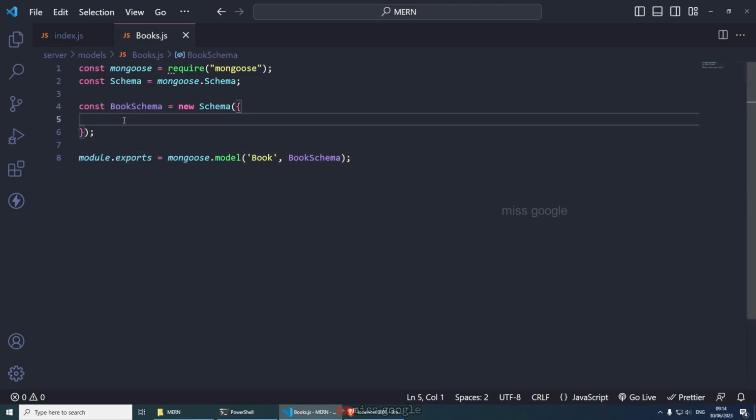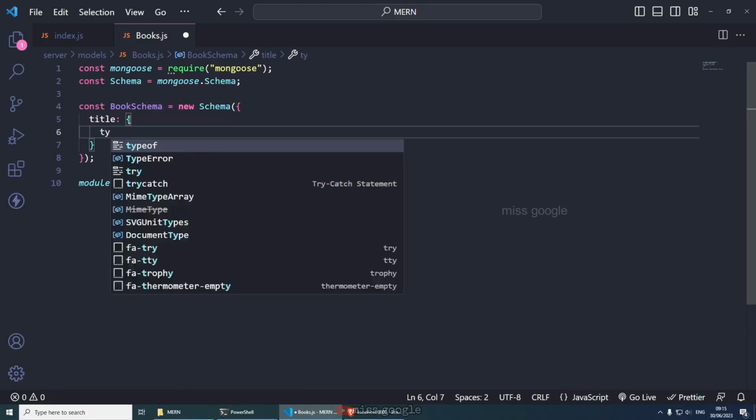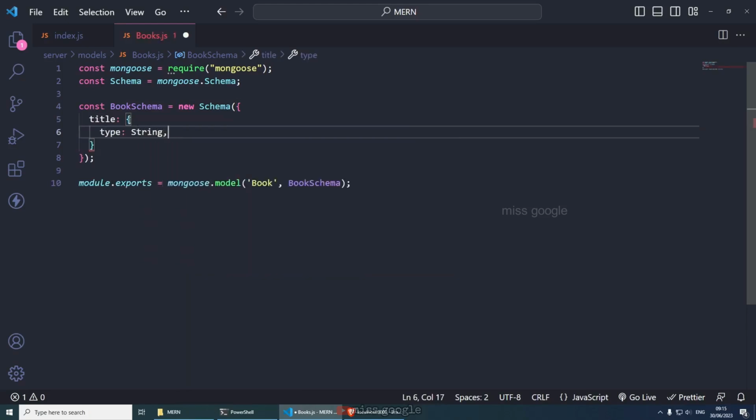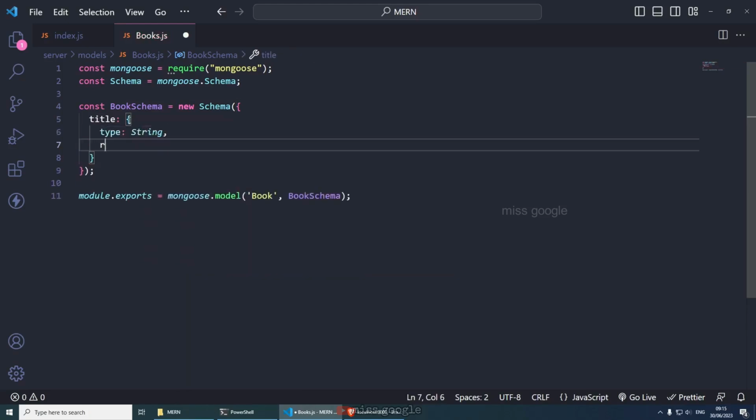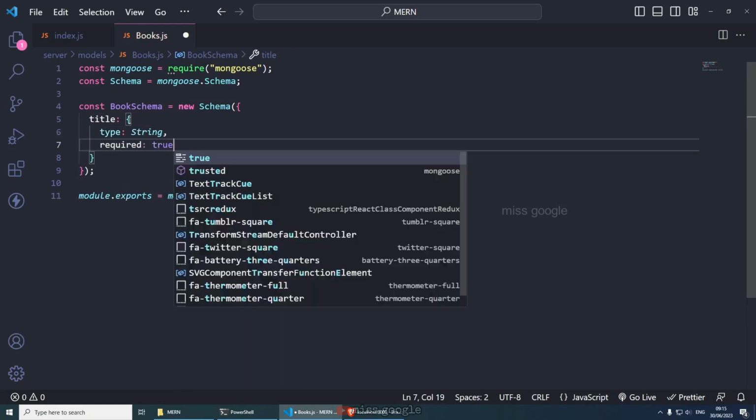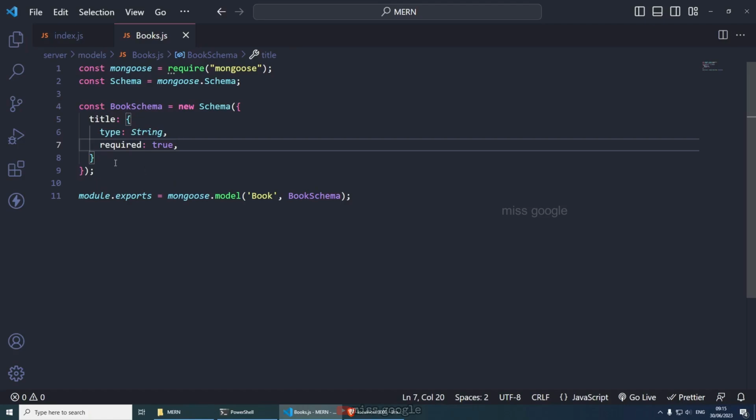Now, most of our fields will be more or less the same. So let's start with the title. The title is going to have a type of String, and it's going to be a required field, so true. If we have required set to true and you don't provide a title, then it's not going to insert any data and it's going to tell you that, which is great, but also